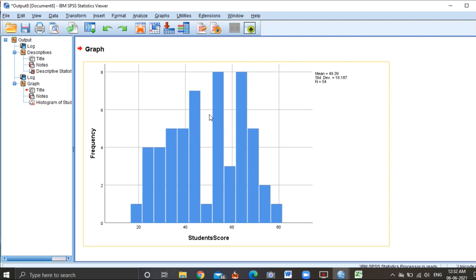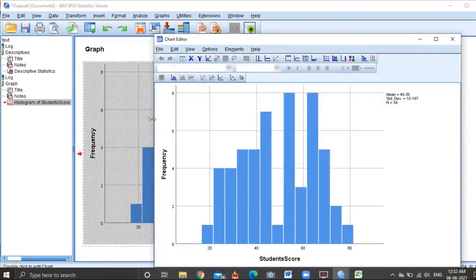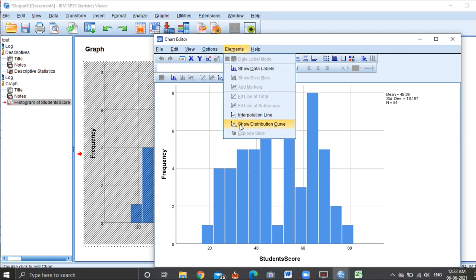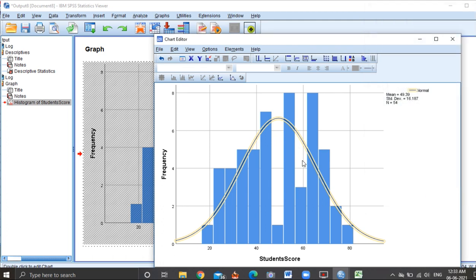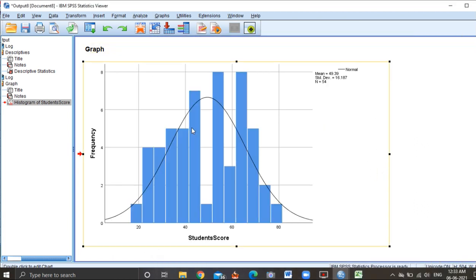For that, click on this same button, and then you will get this page. After getting this page, you go to element and then click on show distribution curve. Here just select the normal curve and then close it. After this, close this page also, and now you will see the normal curve here.